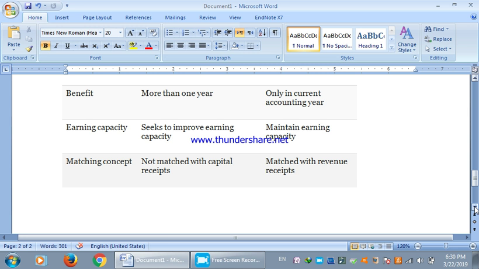One is the time duration, and the other is that each company has set its own minimum amount in dollars. If the benefit is for more than 1 year and the amount exceeds the threshold, then it will be treated as capital expenditure. On the other hand,